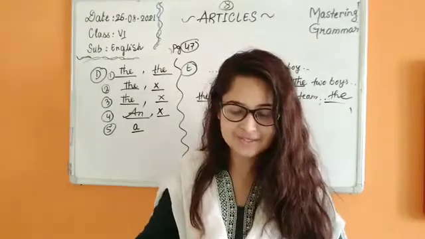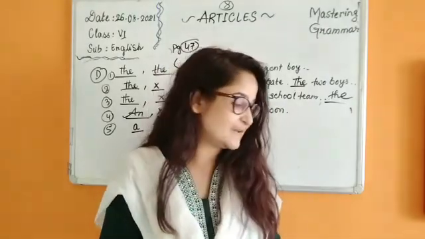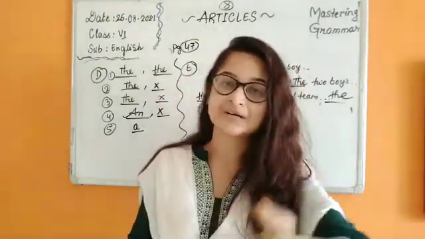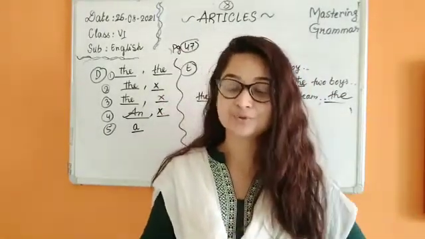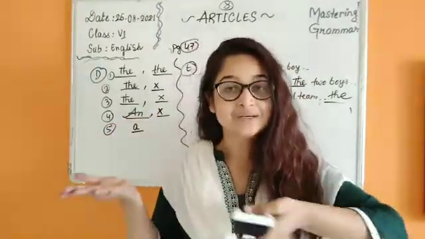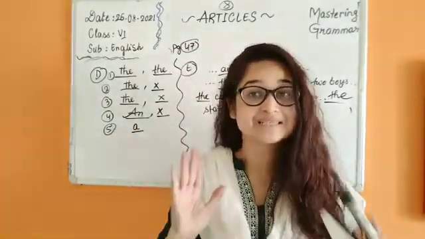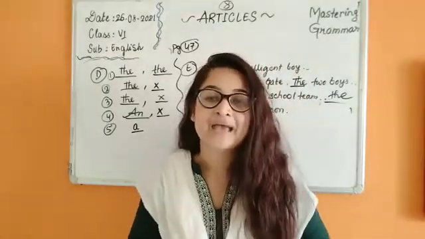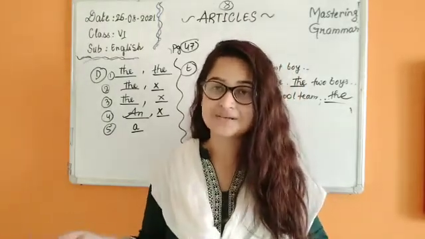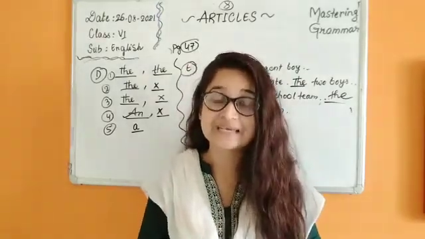I hope you understood at least some portion. So let me quickly recall what we had learned. We had learned about indefinite and definite articles. We had learned about how they are used. We use a and an for singular nouns, and we use a with consonant sound and an with the vowel sound, and you are not going to confuse it with the vowel letters, but instead we are focusing on the sound. Okay, and then we had learned about definite articles. We had seen rules that how we can omit some of the articles, and with whom we can use the, and with whom we don't need to use any article.